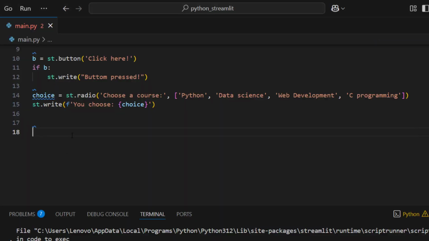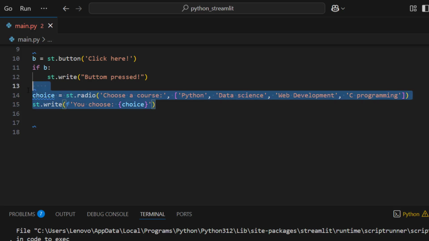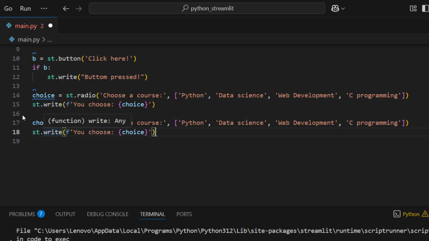Apart from the radio button, you can also create a select box. Creating a select box is like a radio button itself, so I'm just going to copy this and paste it down here.